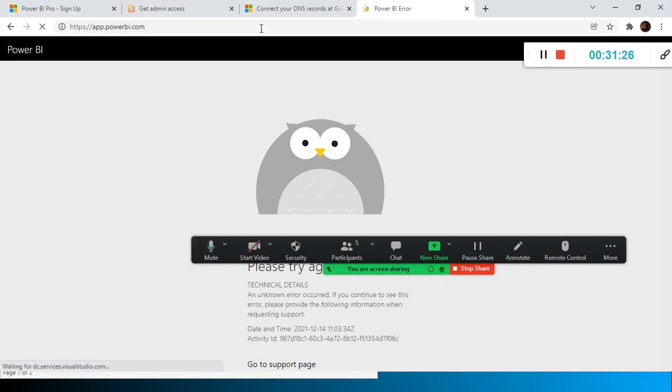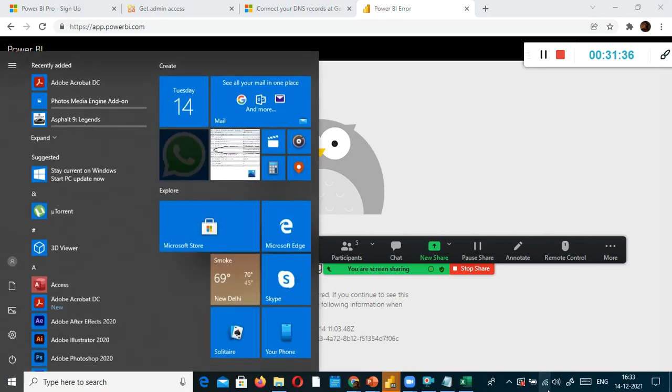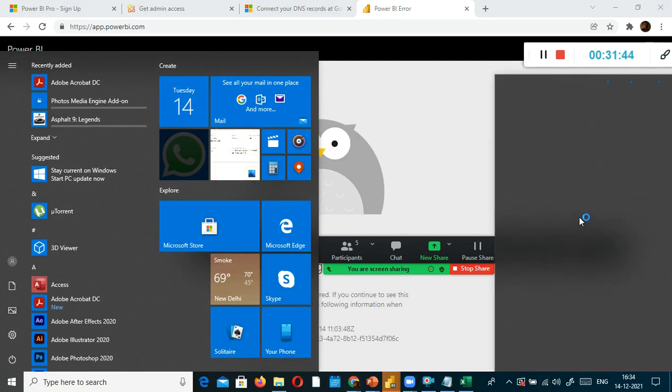So what is happening? Is Power BI itself down? One second, let me check my net connection. It should be good. Sometimes the net connection breaks for a few seconds or so.